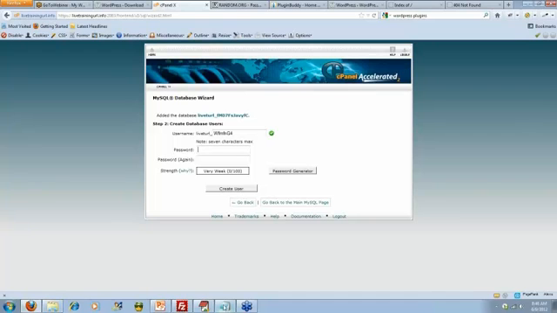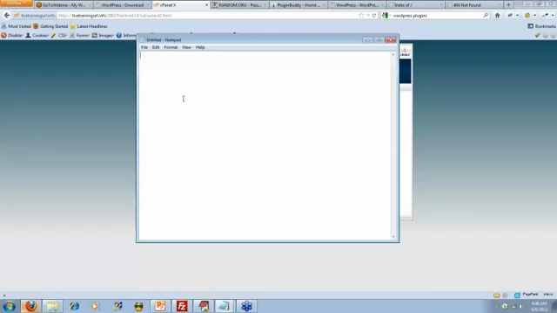Actually, let me do this. I don't really want to do that. I'm going to paste this into a notepad. We need a running notepad of the installation anyway, so just call it database details. Right at the moment, I'm just going to paste this in. I'm going to go ahead and add maybe a period, and maybe I'll add a percentage sign to this